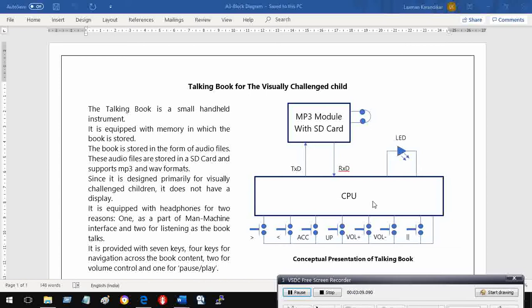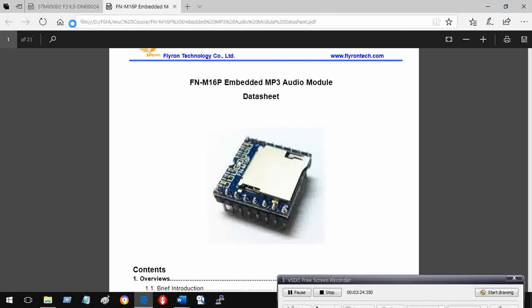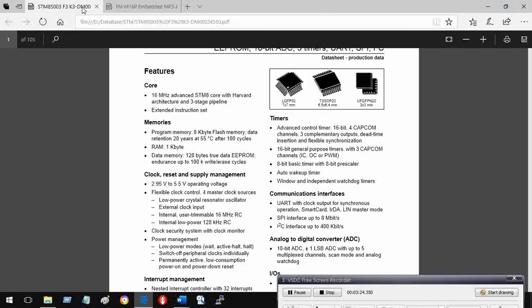I arrived at the simplest possible CPU I could find, from ST Microelectronics. This I will show you. This is the device. Now there are options.